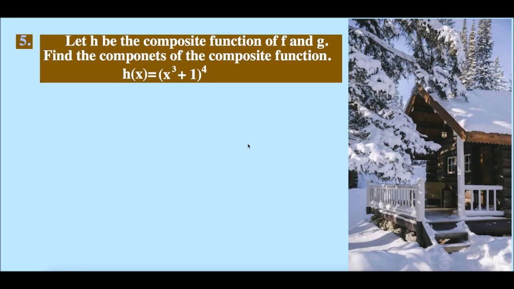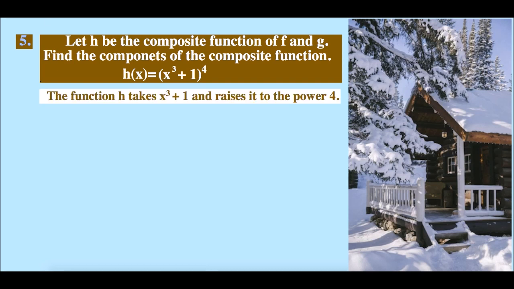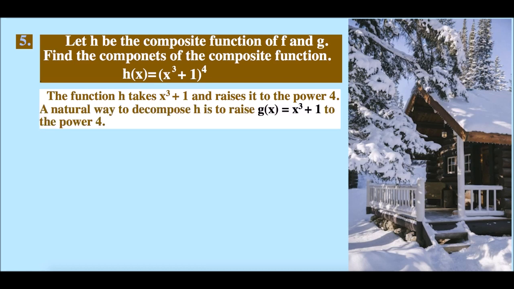Let h be the composite function of f and g. Find the components of the composite function. h of x is equal to the quantity x cubed plus 1, everything to the 4th. The function h takes x cubed plus 1 and raises it to the power 4. A natural way to decompose h is to raise g of x equals x cubed plus 1 to the power 4. If we let f of x equals x to the 4th and g of x equals x cubed plus 1,